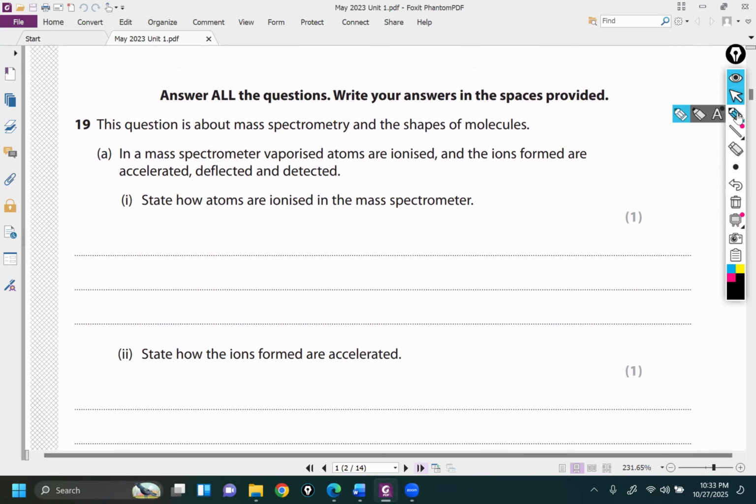Question number 19. This question is about mass spectrometry and the shapes of molecules. In a mass spectrometer, vaporized atoms are ionized and the ions formed are accelerated, deflected, and detected. State how atoms are ionized in the mass spectrometer. Now, this is the most important question and it comes again and again. Here, they already mentioned that the atoms are vaporized, but how do they turn into ions in the first chamber, which is called the ionization chamber? So, the gaseous atoms